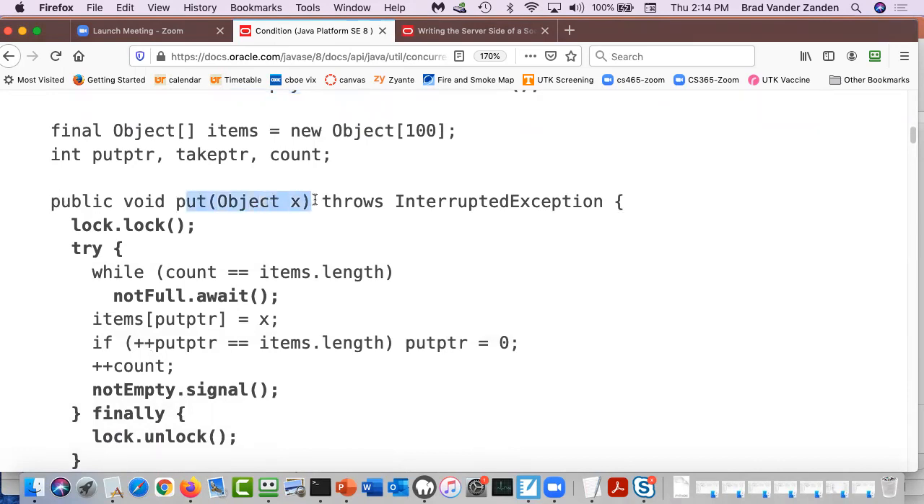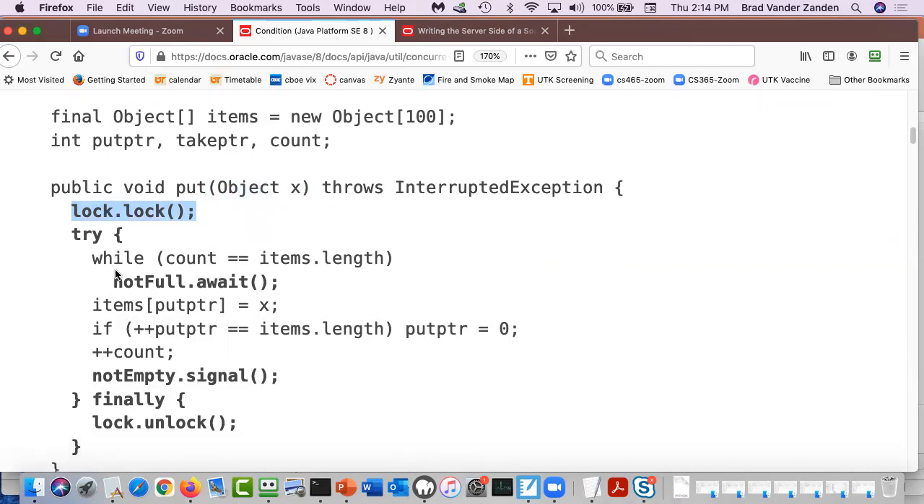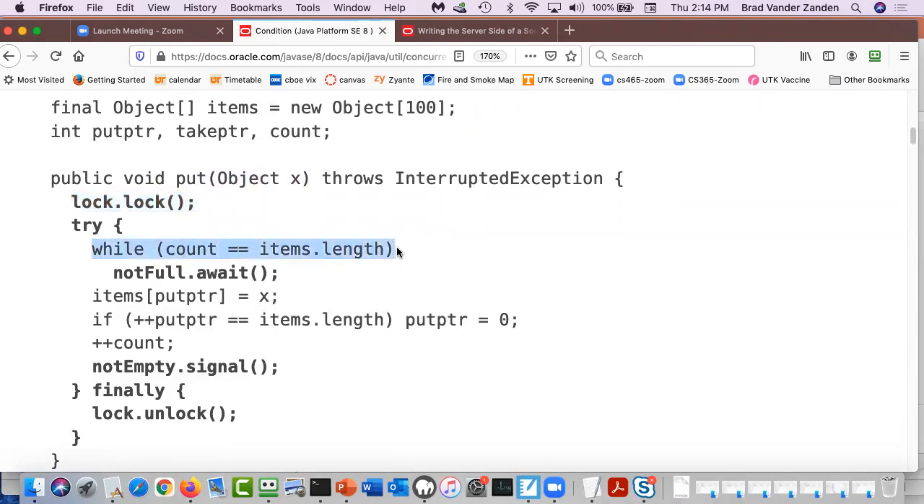So put is supposed to put something into the queue. So it goes and it locks the lock, meaning it's willing to wait indefinitely until it gets the lock. Then, while the count is equal to items.length, so basically if the buffer is currently full, we call notFull.await. So we want to wait until the not full condition is fulfilled. When it is, we